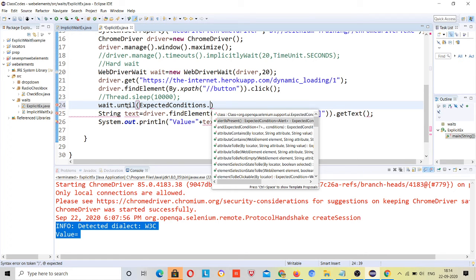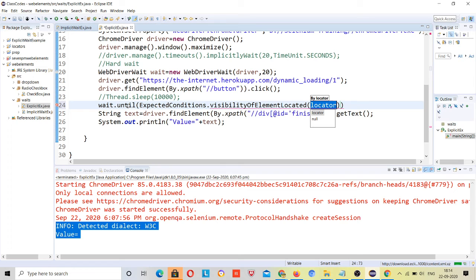See, alertIsPresent, sometimes a pop-up comes after clicking, right? ExpectedConditions, suppose visibilityOfElementLocated, because our element is invisible, right? VisibilityOfElementLocated, and the locator you need to give here, this is your same locator, right? Let's copy this.